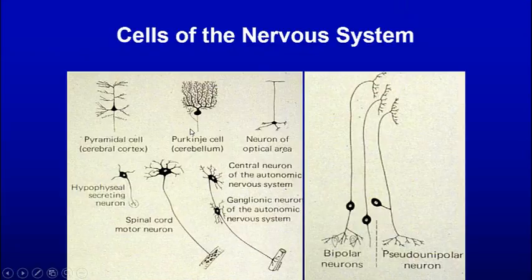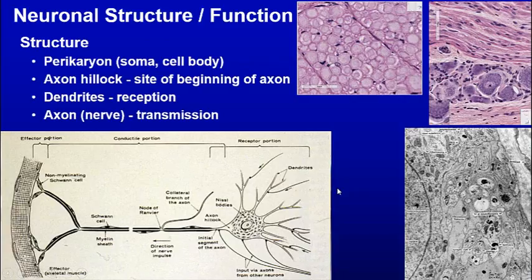And so here we see the different shapes of the neurons. Pseudo-unipolar is what it is, pseudo-unipolar neuron. That's what we have in the dorsal root ganglia. This is in the ear. We'll see one later. Now the structure and function, we have the